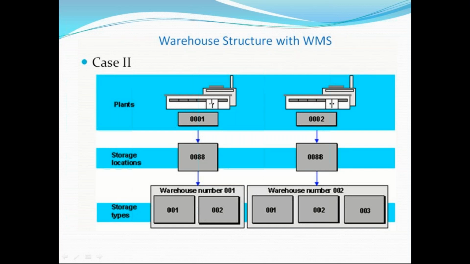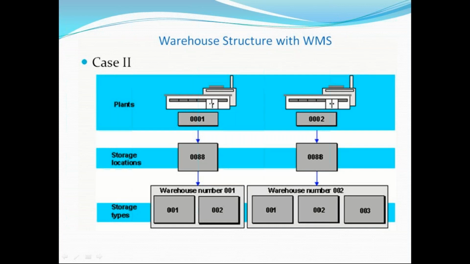In the warehouse number itself, we divide the warehouse into various storage types for proper track and trace of the material. Here, plant 001 and the storage location 0088